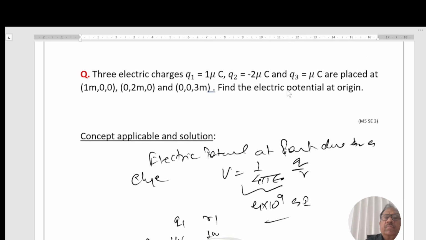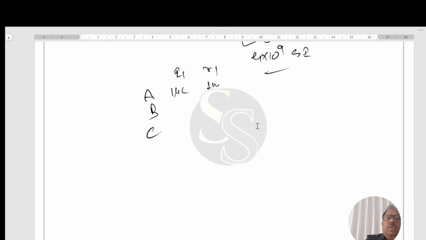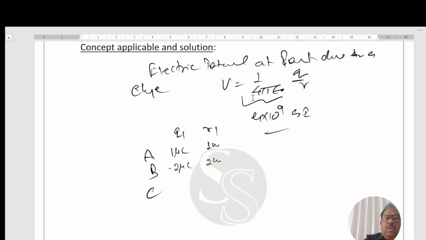Second is minus 2 microcoulomb, 2 meter. Origin से distance is 2. And Q3 is 3 microcoulomb, 3 meter. Using formula as